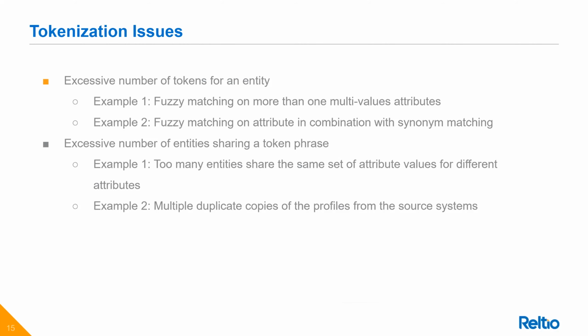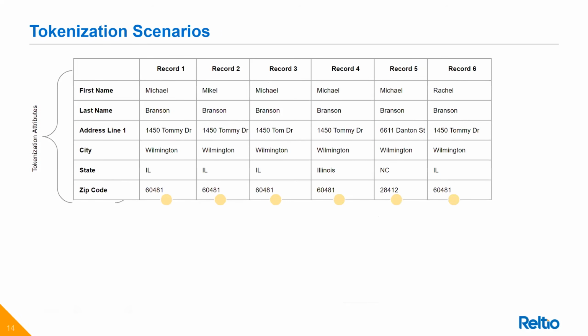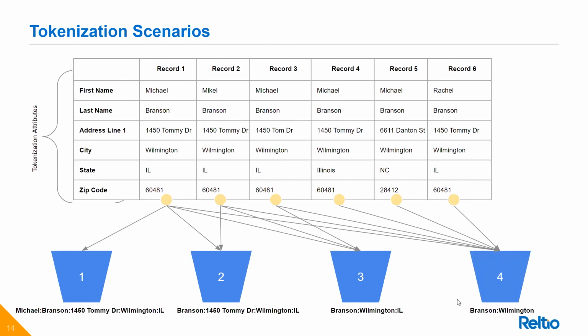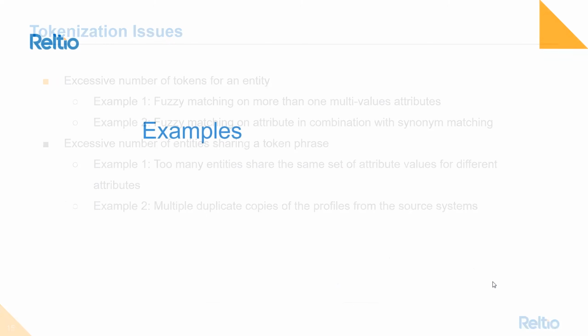Let's look at the second issue, excessive number of entities sharing the same phrase. It goes back to this scenario here. You have too many entities in the same bucket. So now it is evaluating every single record with every other record from that bucket, so you're spending a lot of time there. Those are the two main issues